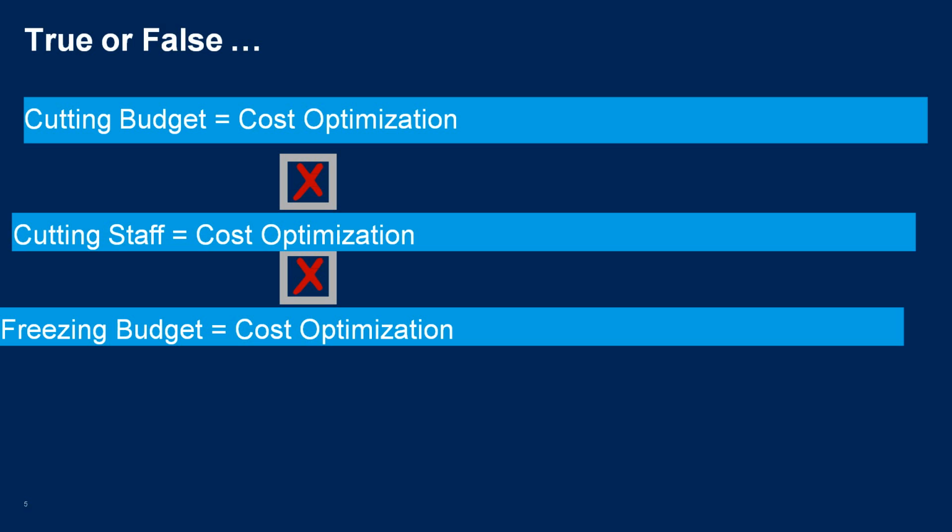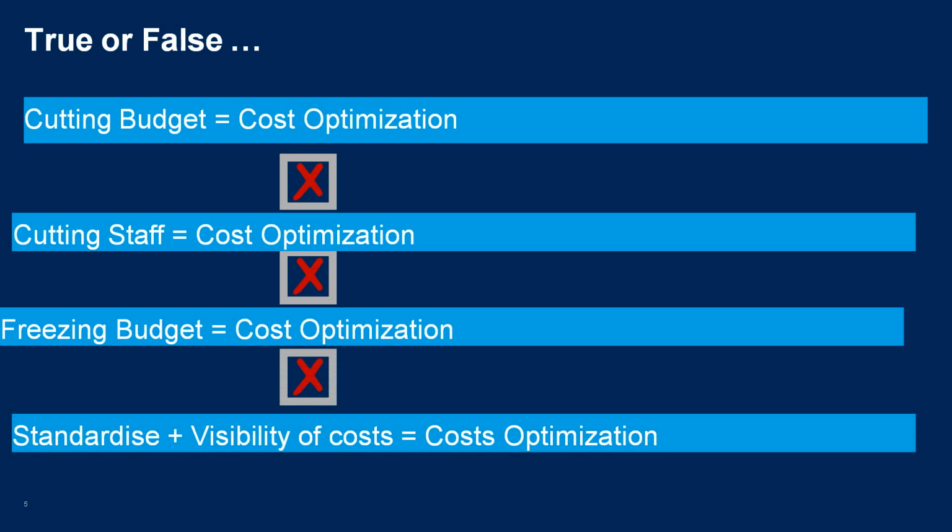Will that help? No, definitely not, because if certain security issues happen, we may need to procure something in the mission critical applications, or something like that, right? So we cannot even freeze the budget, which leads to cost optimization. Definitely it is also no. And the next one is